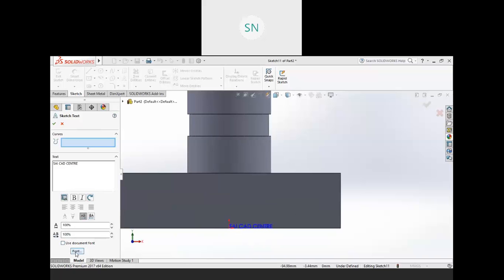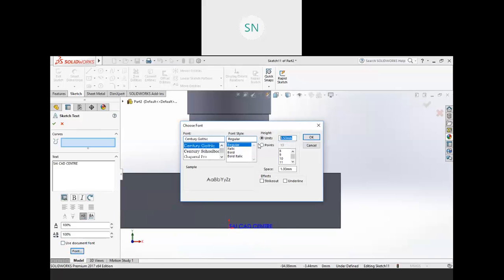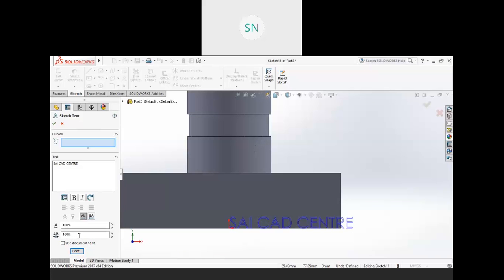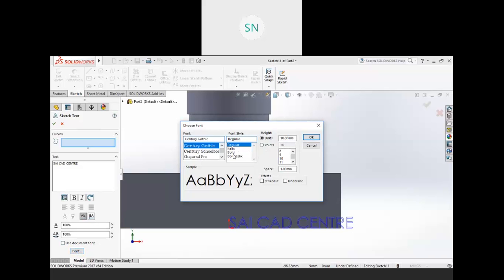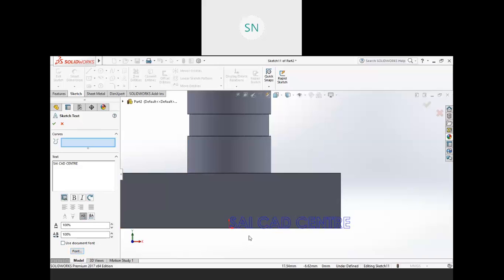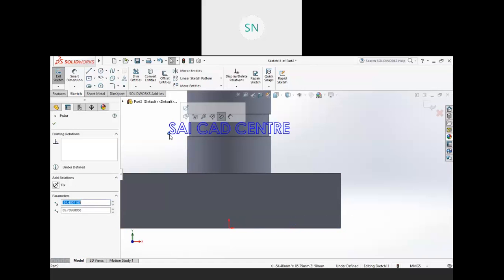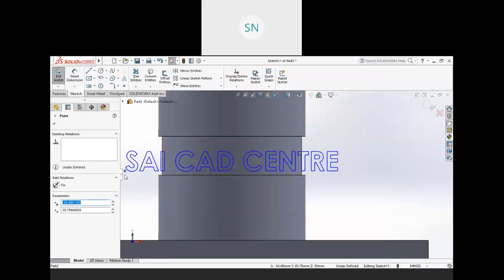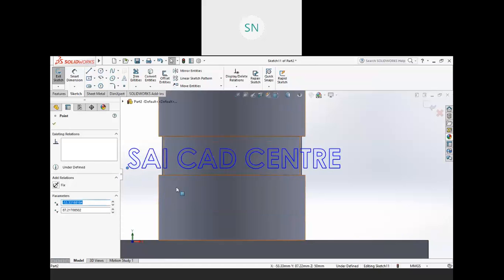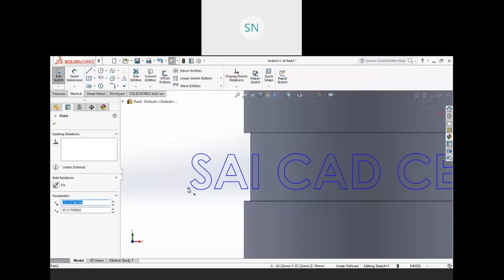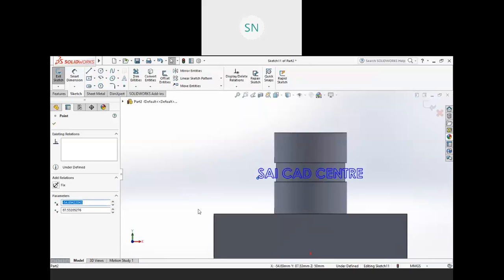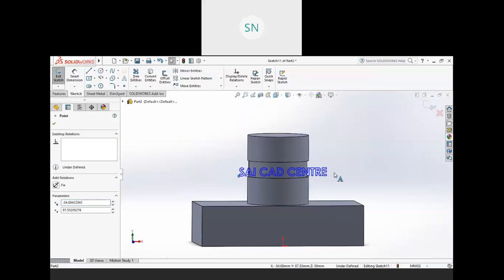So let me increase the font size to 10. Okay, we want bold text. Okay, now it is fine. Now take this point over here. So in this way, place your text and finish it.